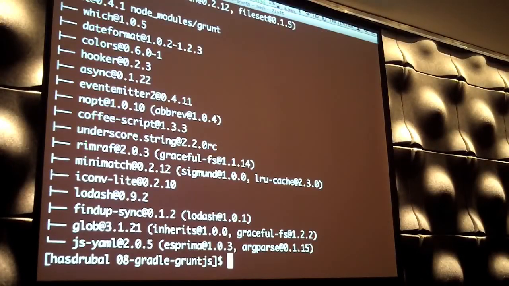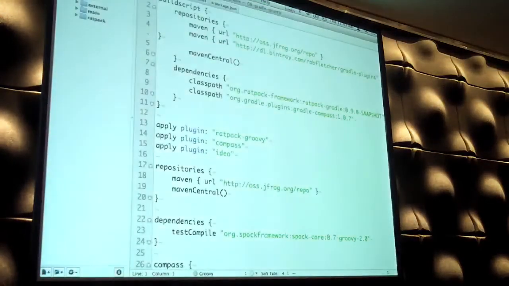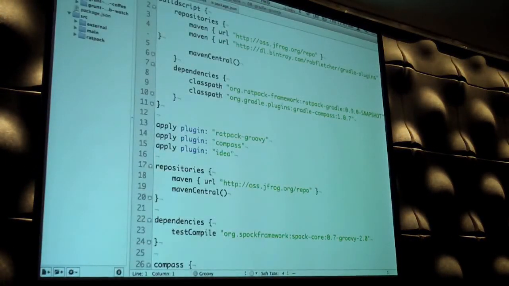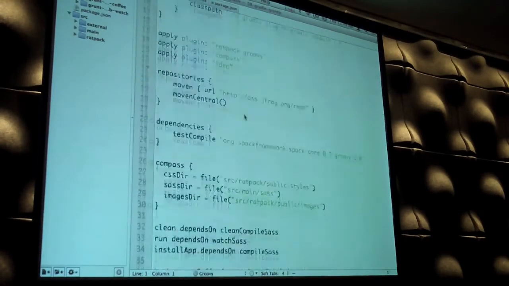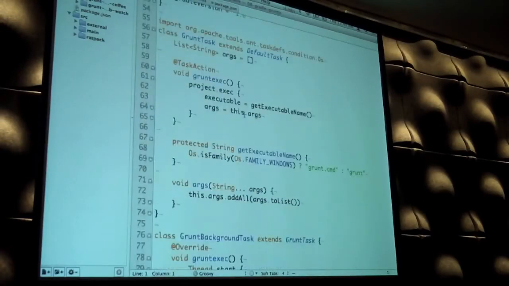I need to install all Grunt's dependencies in my project, is what I just did then, npm install. So now I have in the project a bunch of different node dependencies and things going on here. You typically wouldn't check this in. This would be like checking in your Maven local directory or something like that. So in our Grunt file, we effectively declared all the things that we need to run the build, and I just ran npm install, which is node package manager, to get that up and running. So a few things we would need to do, but now I actually have a valid Grunt environment, and in my build